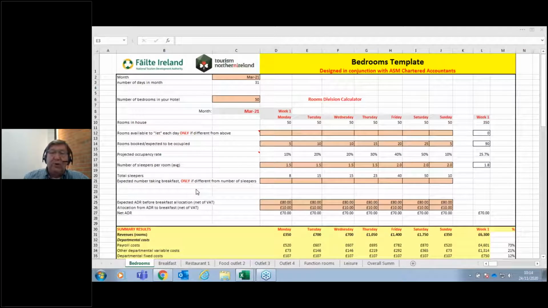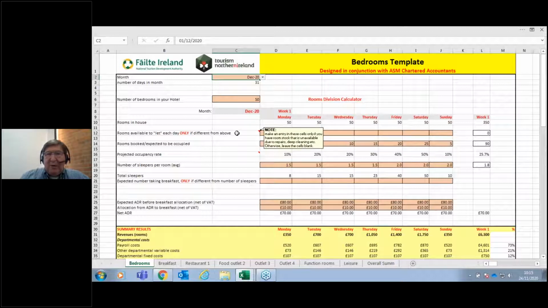Now, I'm not going to go through each of these tabs. I think once we show you the type of information that needs to be loaded into it, it'll become fairly obvious. Now, the calculator itself only allows you to enter information in those cells that are colored pink. Everything else is automated. So in this particular example, we have a little drop-down menu here that lets you select a month. So if, for example, we decide that we're going to look at December 2020,